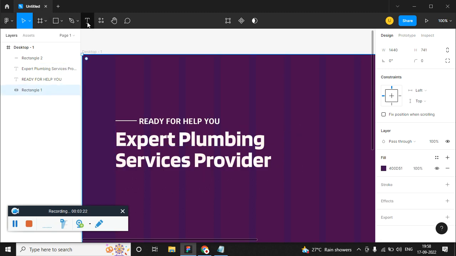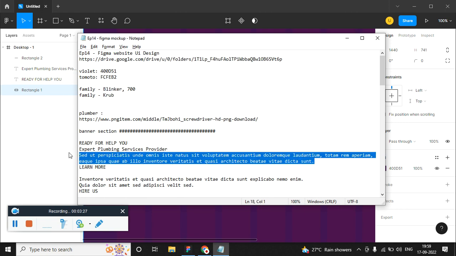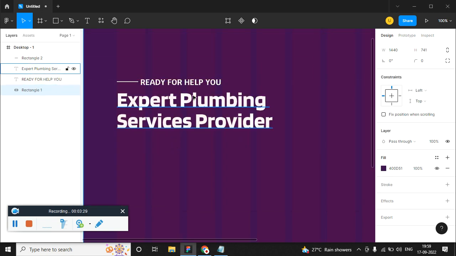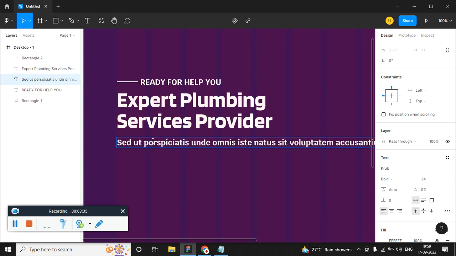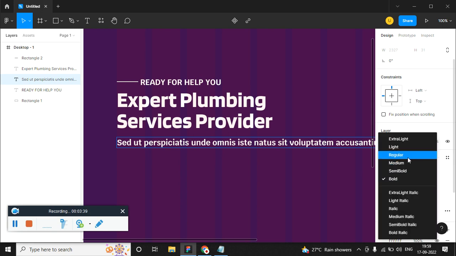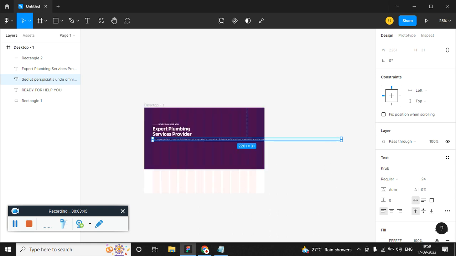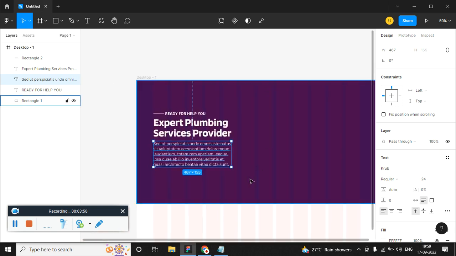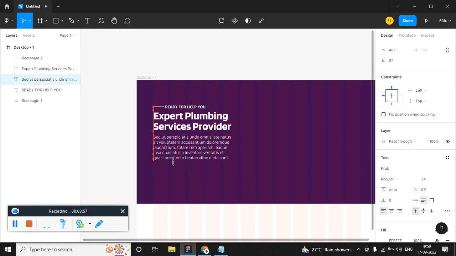Now create a text again. So the text is going to be this one. Alt drag, select the text, and then alt drag. Alt drag will duplicate it. Double click, paste it, and this time let this be curved, but it should be regular because it's a paragraph. Control minus. So this is too long. Now just adjust it to the width of the large heading. So that's it. Take this little, by pressing shift you can select multiple